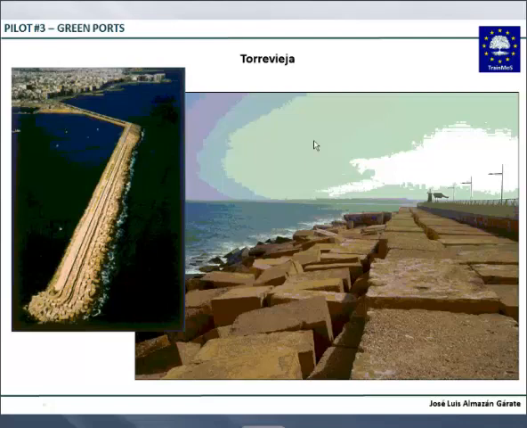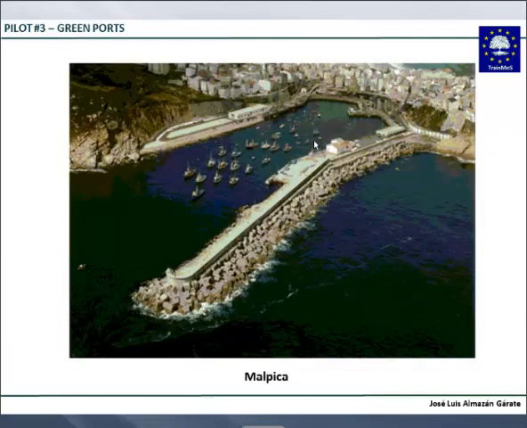Now, a very important detail is that the direction of the energy makes a big difference in the resistance of the dike. Now, in this part, all directions. So, being a world direction, for sure you will find the worst direction in this area. So, this area is much more sensitive than the rest of the dike. Because of this,